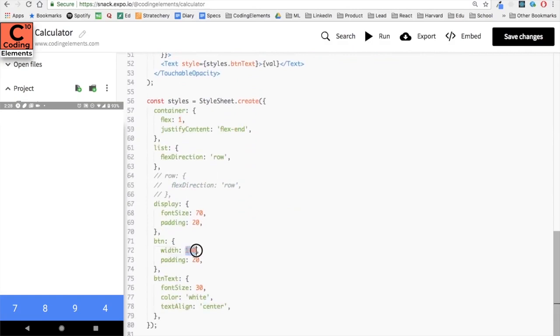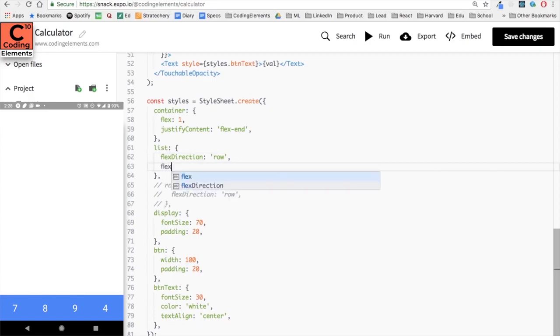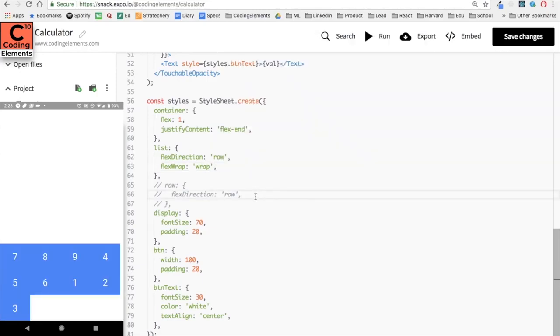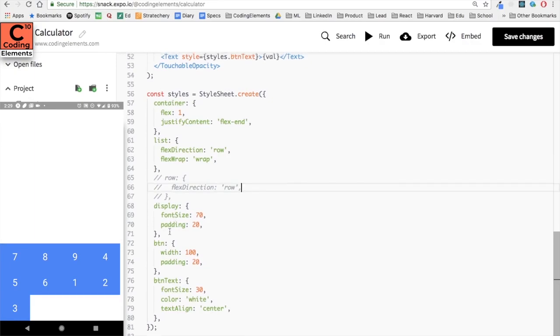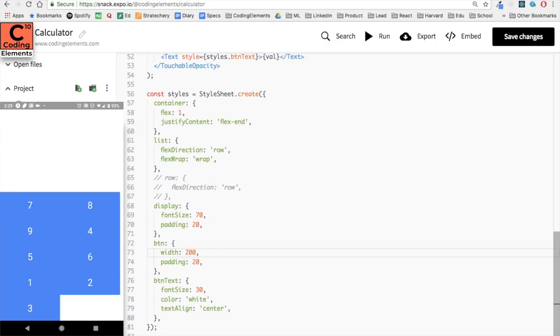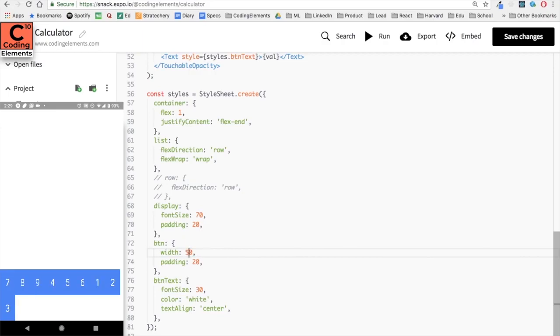Now in order to bring them back in the screen, we will use flex wrap in the list styling group and we'll set it equal to wrap. With this, the buttons which were going off screen will be wrapped and displayed in the next line. Now you can see if I increase the button width to 200, since fewer buttons can fit into one row, more rows have been created and each row has just 2 buttons. Now when we make the width 50, more buttons can fit into one row, so fewer rows have been rendered.